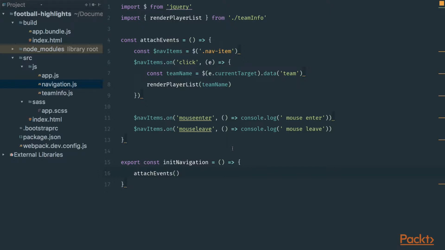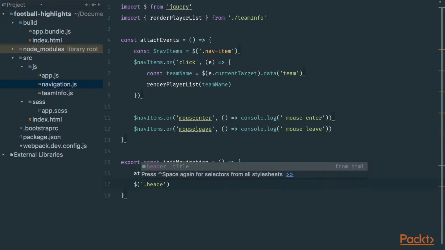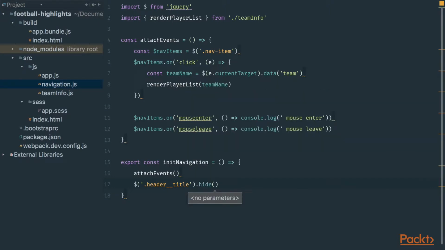So the very first method that we are going to test is the hide method. Let's say we want to hide the header title, so we can select the header title and now call the hide method, which takes two arguments. The first argument is duration, and it could be a number or string, so we can pass 2000 milliseconds. As a second argument, pass a function that is called once the animation is complete. So you can type an arrow function, which returns a console.log,